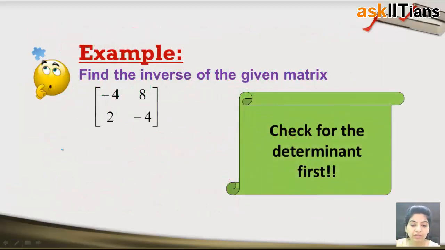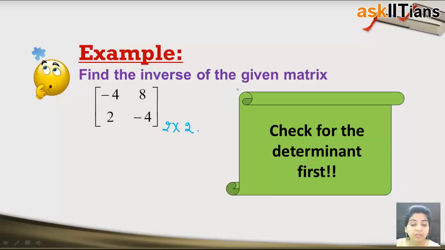Okay, now I have an example which is important because I'm sure most of you commit such kind of mistakes in exams, right? Find the inverse of the given matrix. This is a simple 2 cross 2 matrix. So I'm sure 90% of you would start computing the determinant, and maybe some of you will directly swap the diagonal elements, then negate the rest of the elements and say this is the resultant inverse, but that would be wrong.